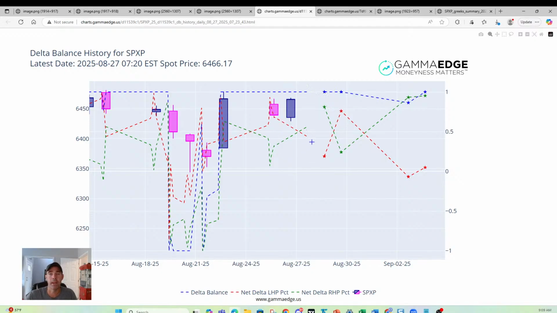And again, this can just bounce back and forth, but that key level is 0, and we're not seeing a significant divergence as spot price moves higher. Projection out in time, again, delta balance staying pegged at 1. And what's nice about our interactive charts here at GameEdge, you can scroll over and see the expiries. Obviously, this is September 2nd, so that's post-Labor Day weekend, long weekend, as well as a shortened week next week.